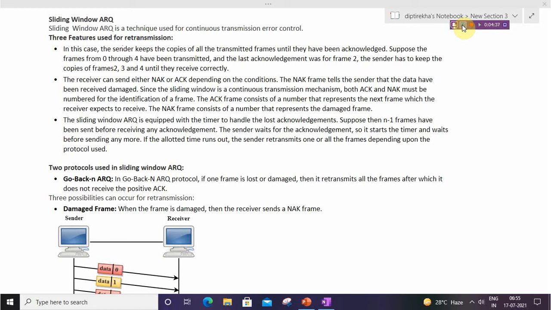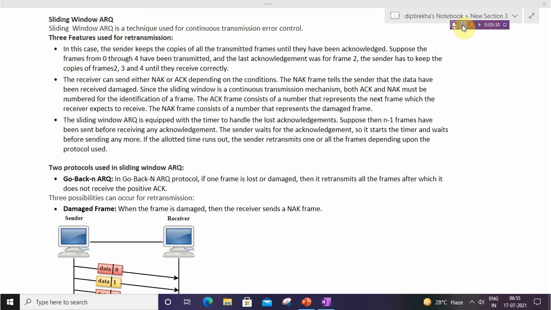ACK always consists of the next frame number, and the NAK, the negative acknowledgement frame, consists of a number that represents the damaged frame. If frame 4 transmitted was damaged at the receiver side, then the receiver sends NAK 4. So the ACK always carries the number of the next frame, but the NAK carries the number of the damaged frame.